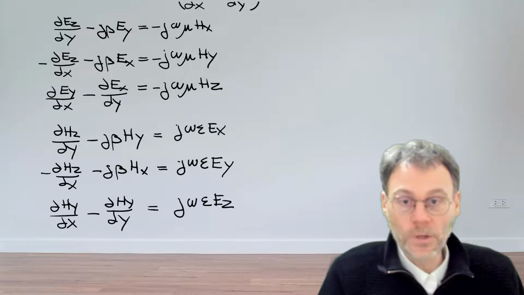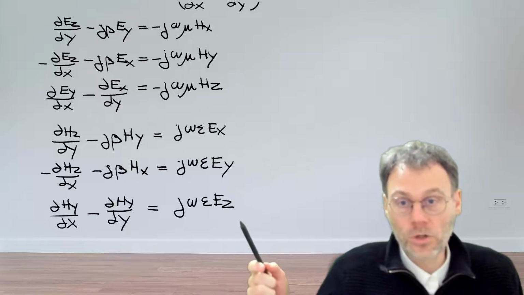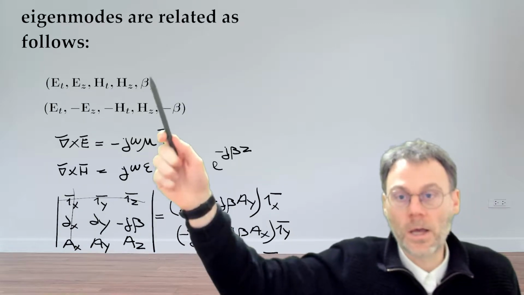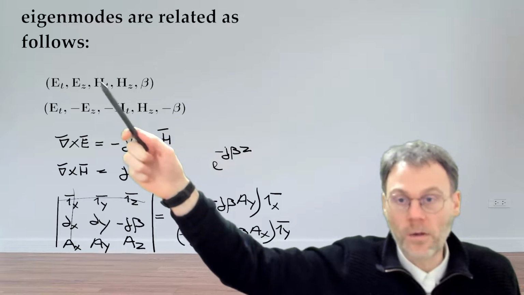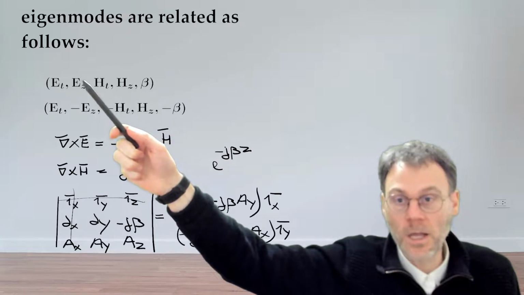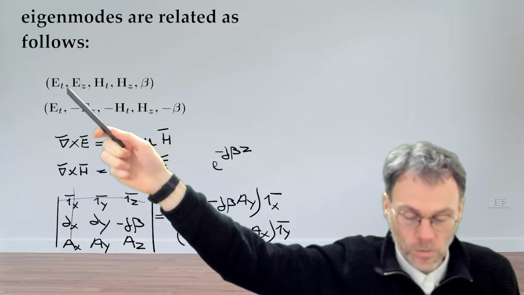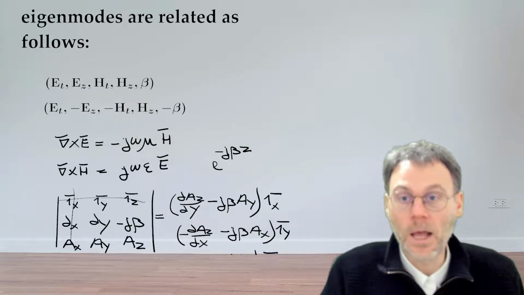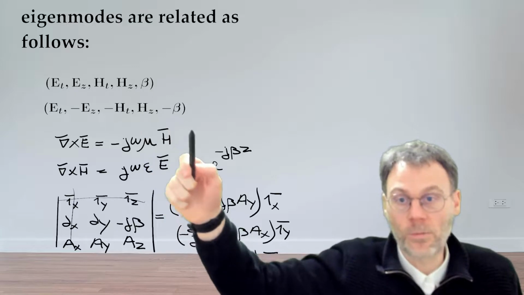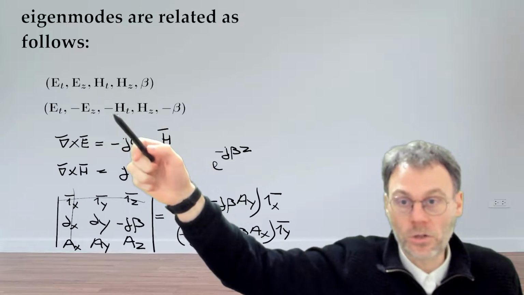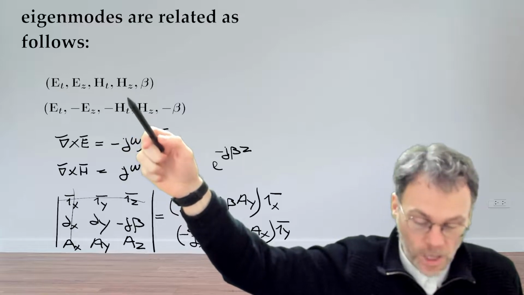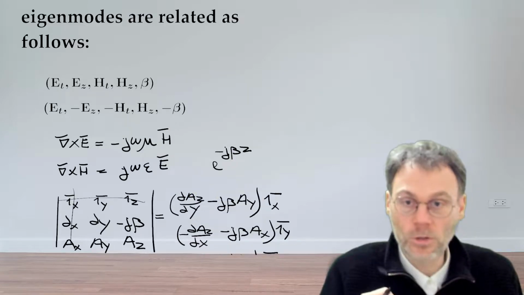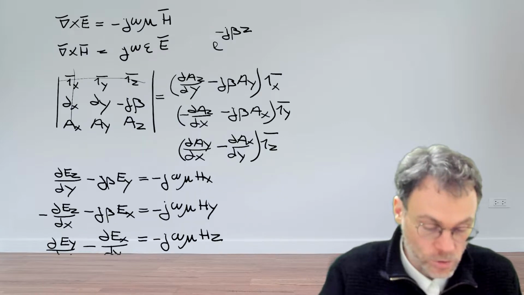And now let's see what happens if we do these sign changes. Say we find a solution to these equations, given by this combination of parameters here. So we have a z component for the electric field and a transverse component, which is an xy component, also for the electric field, similar for the magnetic field. And then also we have a beta, a propagation constant that we find. Let's see what happens if we flip the sign of our propagation constant, if we flip the sign of the transverse, i.e. the x and y component of H, and if we flip also the sign of the z component of E. Hopefully we come to the conclusion that that also is a solution,